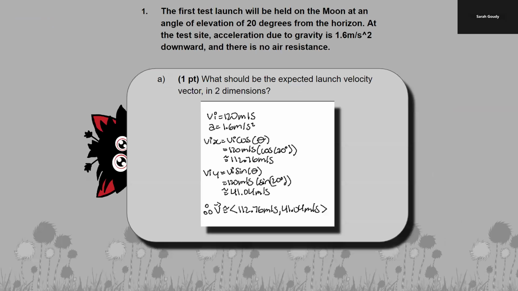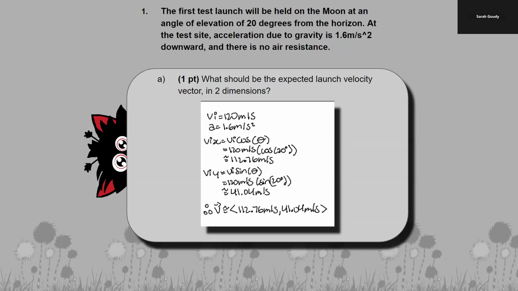We start with the first test launch being held at the moon at an angle of elevation of 20 degrees from the horizon. At the test site, acceleration due to gravity is 1.6 meters per second squared downward, and there is no air resistance. Our variables include our initial velocity of 120 meters per second and our gravity acceleration of 1.6 meters